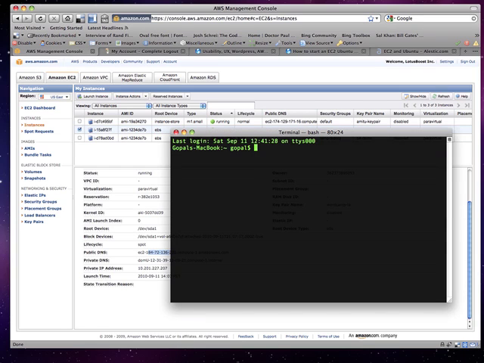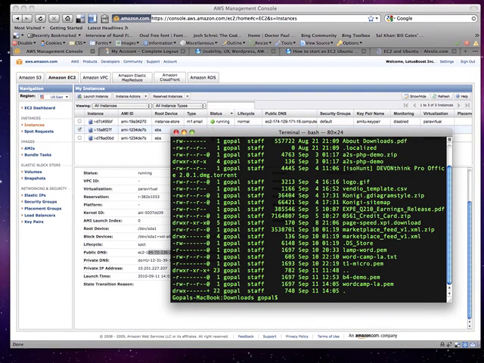we have to log into the machine. In order to log into the machine, you remember we created a key that we downloaded. So the way we log into these instances is using the key that we created. And in my case, my key is, I believe, in the downloads folder. Let's check it real quick. That's my key,